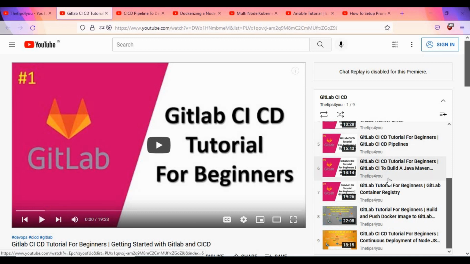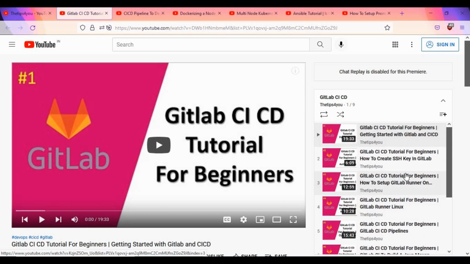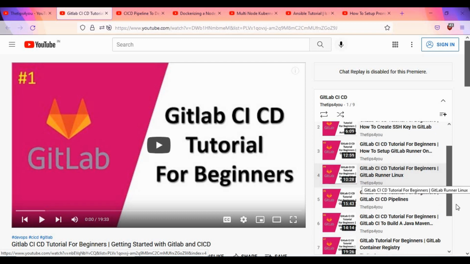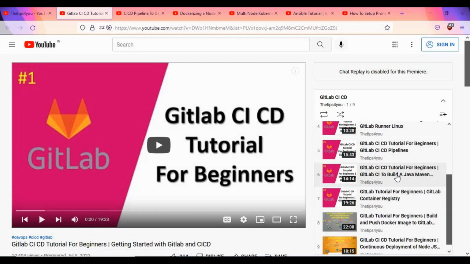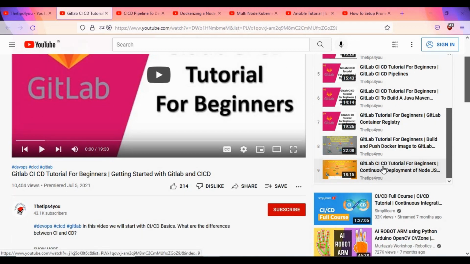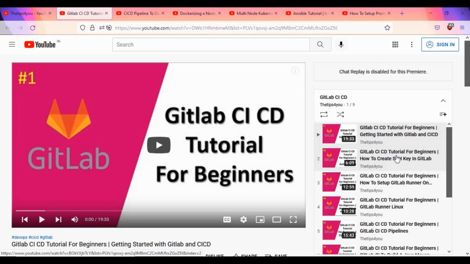And if you don't want to use Jenkins, you can also use GitLab CI. For GitLab CI also, you can see there are quite some videos which give you the complete details, starting from the basics of GitLab, SSH key, GitLab runner, what is GitLab runner, and how to write the CI/CD pipeline. Also using a Maven Java project, the GitLab container registry, how to push it to Docker. You can also see for a Node.js application, how to deploy it to Kubernetes. All those details you'll be able to see if you follow this playlist on my channel itself.